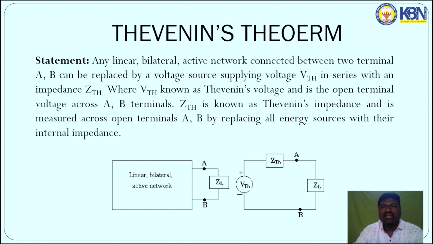ZTH is known as Thevenin's impedance and is measured across the terminals A and B by replacing all energy sources with their internal impedances. Once again, we have a statement. Any linear bilateral network connecting between the two terminals